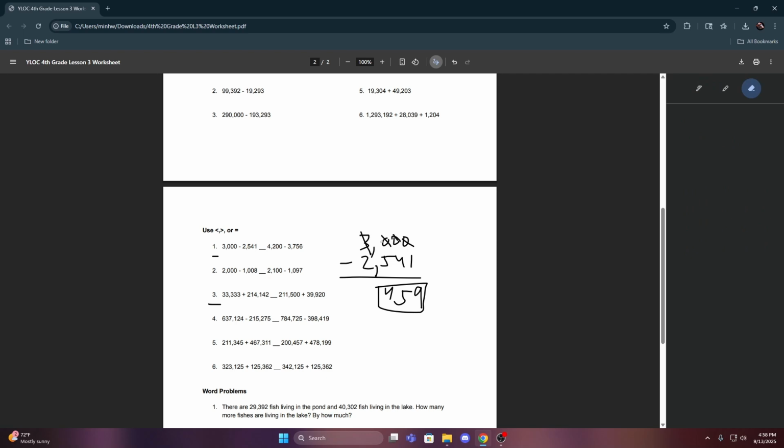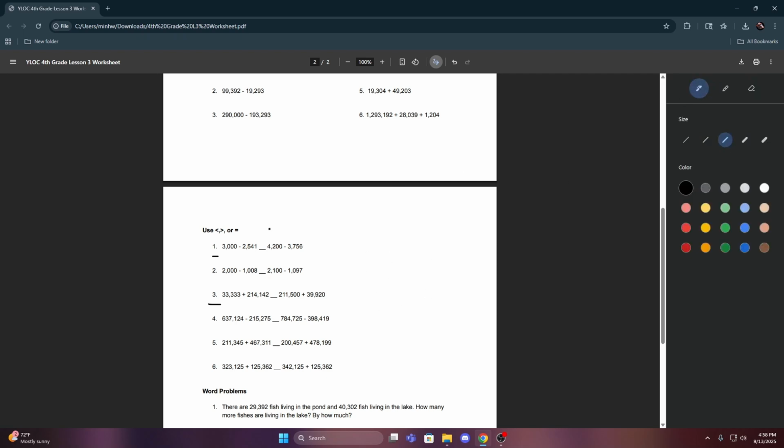Now let's move on to the right side and do the math there. I will move over this 459. So now trying that other side. 4,200 minus 3,756. Again, we have a lot of zeros here, and even this 2, we cannot subtract 7 from 2, so